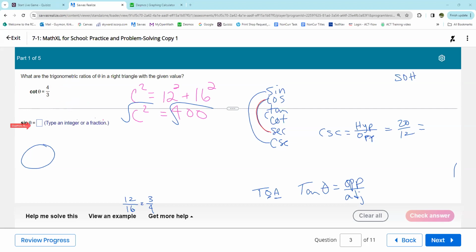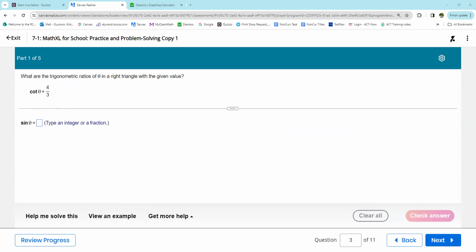Let's see, how do I clear annotations? Clear drawings. Trash. All right. So what are the trigonometric ratios for theta